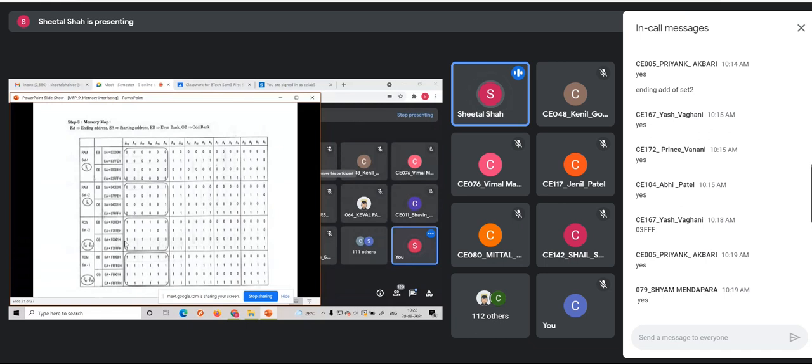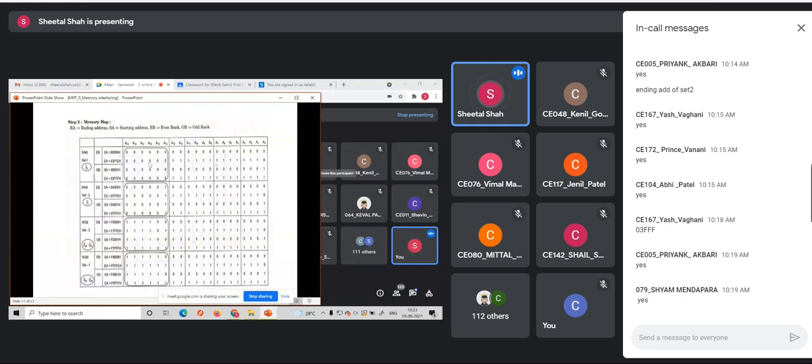Okay. Similarly, F0001 was the starting address of the odd bank of set 2, and the last address was F7FFF. That was my last address of the odd bank. So these are the memory map for the ROM. Is this thing clear? Okay, now this is used to find out how we can decode this, or how we can provide the chip select signals for each of the ICs. That's why this memory map is written.